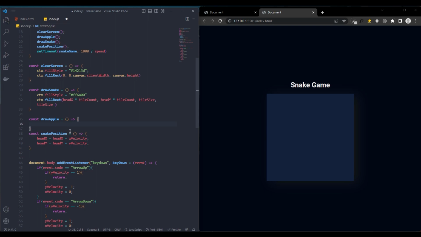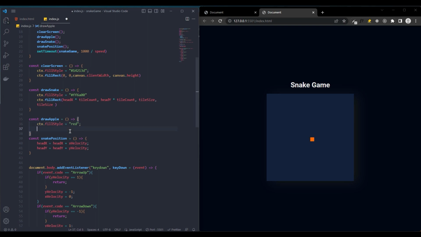So that we have drawApple, and what we do once again is we use ctx.fillStyle. This time we are going to set fillStyle to red,